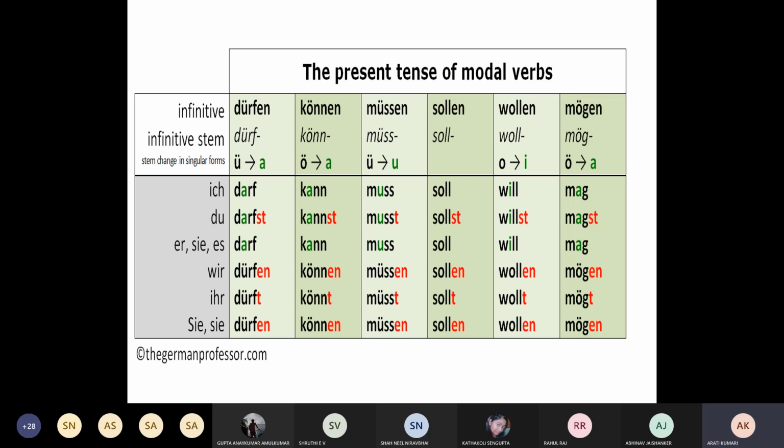So suppose somebody is asking you, what would you like to be? Was möchtest du werden? Werden means to become. You like to become, or what would you like to be? Like that also we can understand it. So you can say, I would like to be...